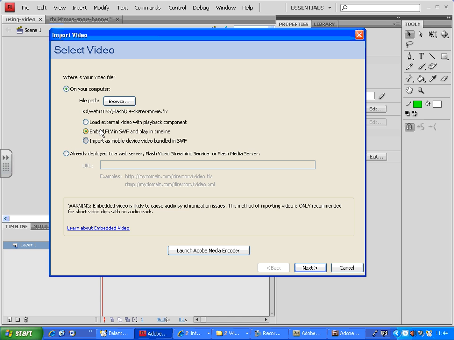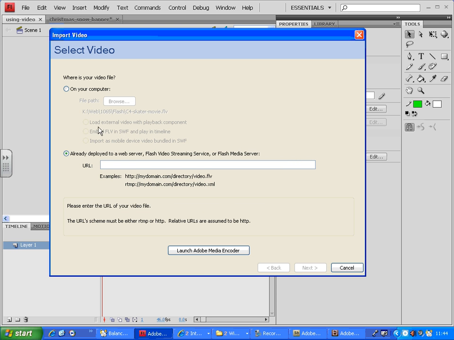The last option you have is, instead of browsing and creating a SWF, you can actually hire specialist video streaming services. So if you have a website like YouTube or BBC iPlayer, they don't keep creating single videos in FLV and SWF files, because they have so many videos. So they basically create FLVs and upload them to a directory on Flash Video Streaming Services. Now Adobe has its own media streaming server, which is quite good. They will charge you a monthly subscription, 80 to 100 pounds minimum, I think,